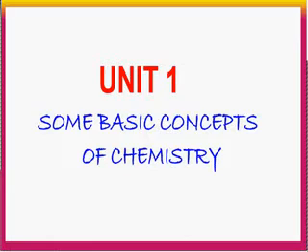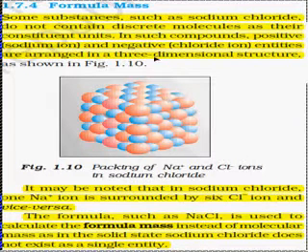Here is unit 1, some basic concepts of chemistry. Formula mass. Some substances such as sodium chloride do not contain discrete molecules as their constituent units. In such compounds, positive sodium ions and negative chloride ions are arranged in a three-dimensional structure. It may be noted that in sodium chloride, one Na+ ion is surrounded by 6 Cl- ions and